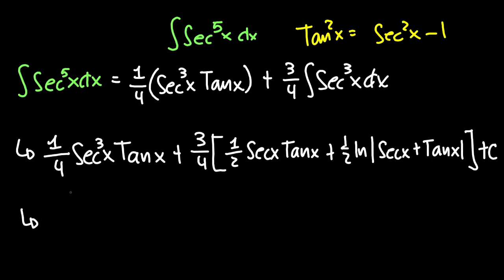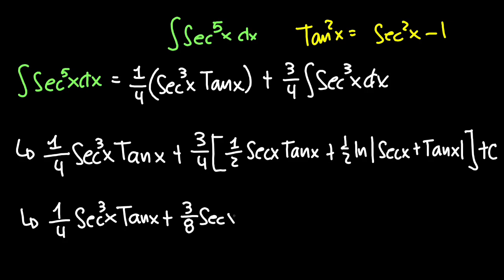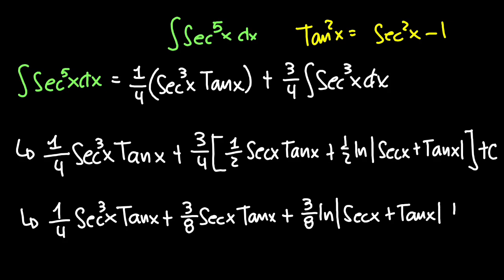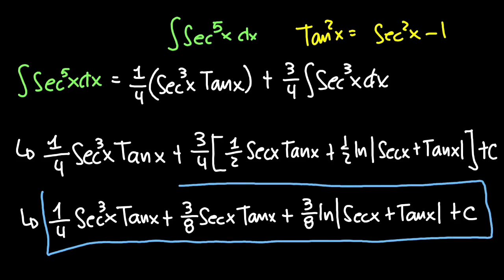And now, your final answer here would be to simplify this, which is equal to 1/4 secant cube of x tangent of x plus 3/4 multiplied by 1/2 would be 3/8 secant of x tangent of x plus 3/4 multiplied by 1/2 again would be equal to 3/8 the natural log of the absolute value of secant of x plus tan of x plus c. So 3/8